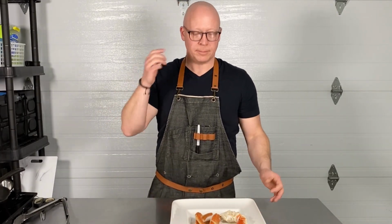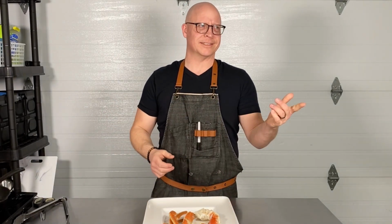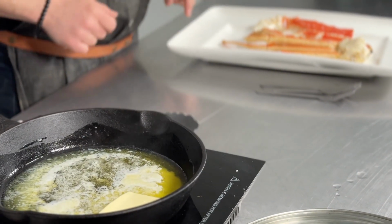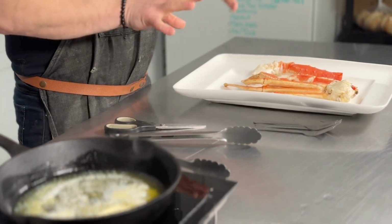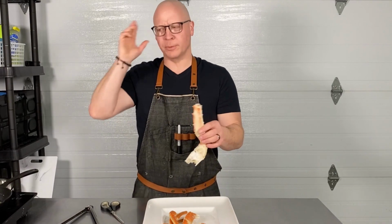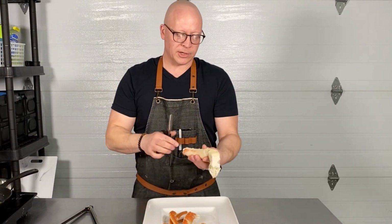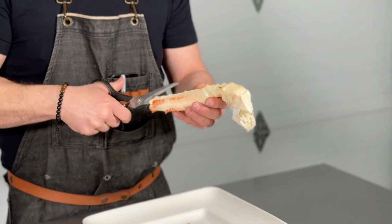We're just warming them up, melting a bit of butter, and then we're gonna get down and dirty, and we're gonna try this out. Caden's gonna come on here and try some of this. And I'm just gonna show how easy it is to get this apart. Our butter is almost done. So I'm gonna start with my favorite, the king crab. So I broke it at the joint. I go to the weakest part, which you can feel. And I just go right up the